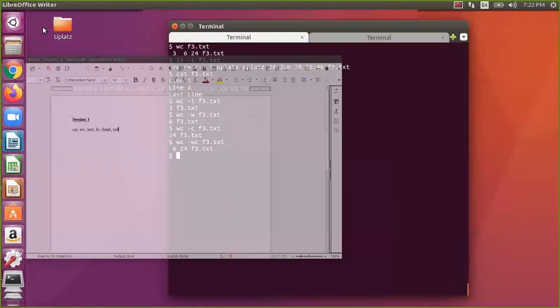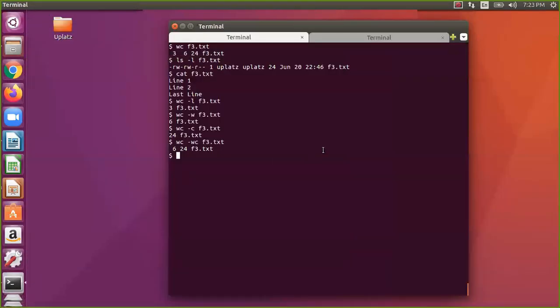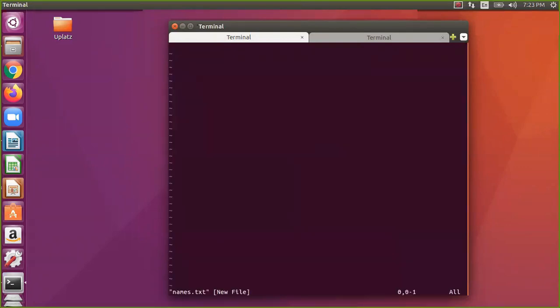Let's go with sort actually. So what will sort do? Sort will do sorting, as you know. So let us put some names actually, maybe the CM names and PM names, like KCR, Modi, and then Jagan. Okay, 3 names is enough.